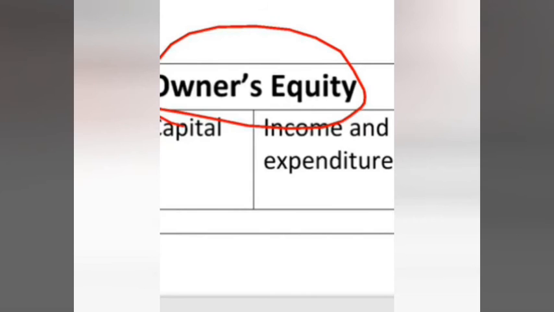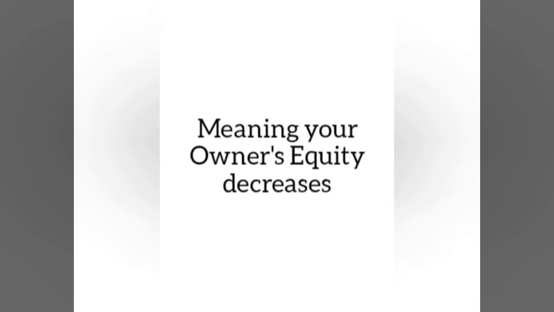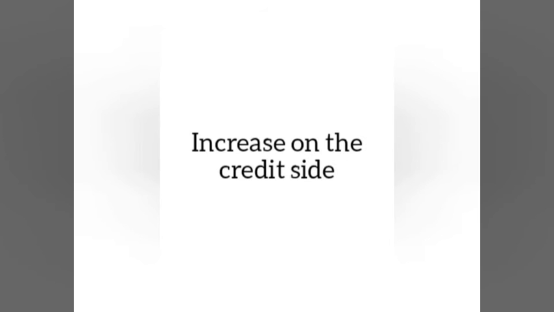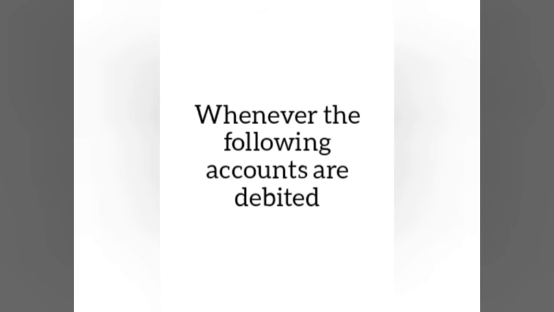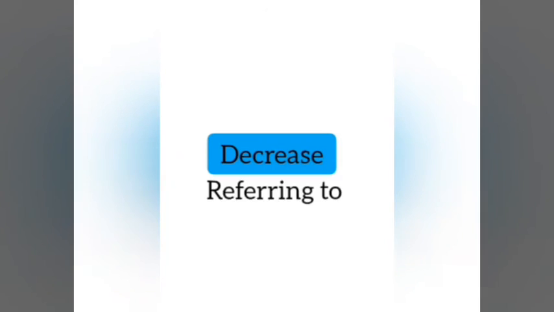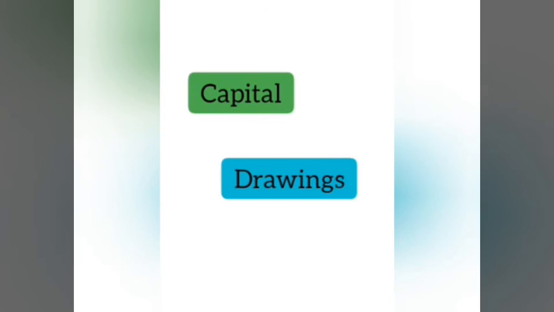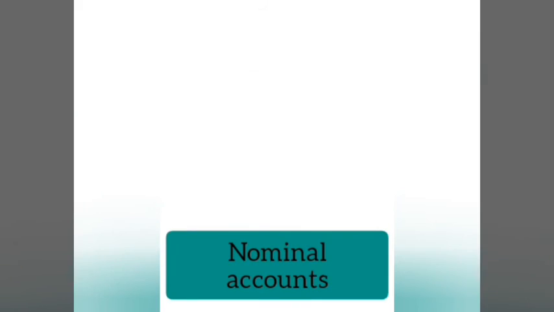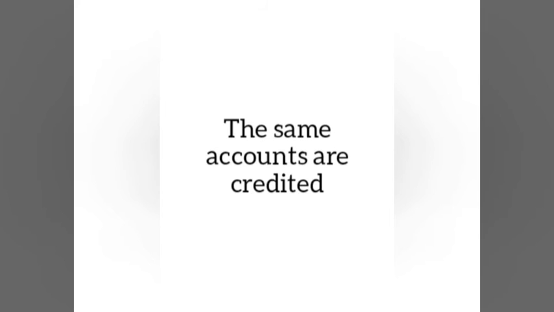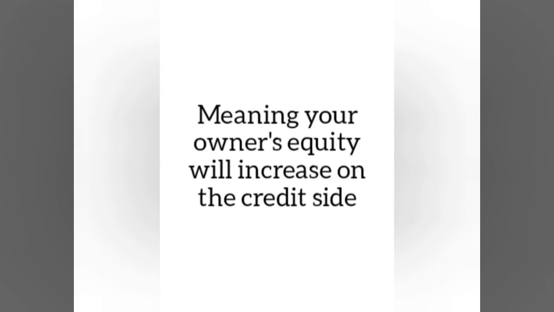Looking at your owner's equity, it has the debit on the left as well and the credit on the right, meaning your owner's equity decreases on the debit side and increases on the credit side. And whenever the following accounts are being debited, meaning that your owner's equity will decrease, referring to your capitals, your drawings, and nominal accounts. And whenever the same accounts are being credited, meaning that your owner's equity will increase